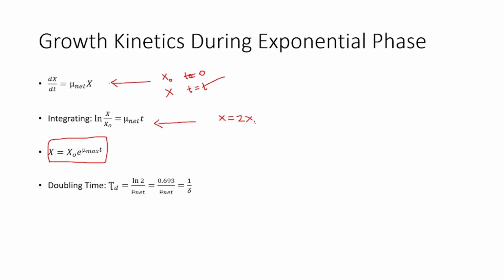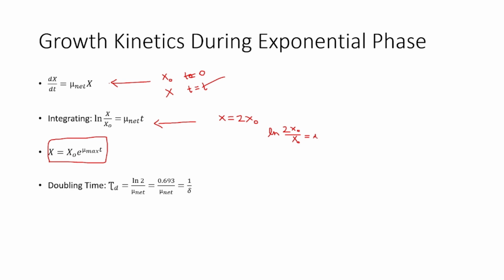If we substitute this value, 2X naught by X naught, it will be mu net into